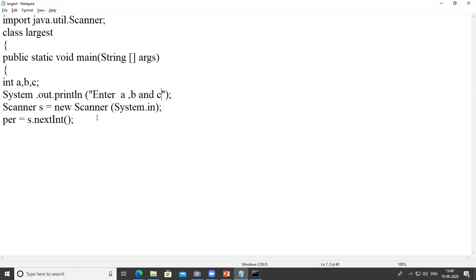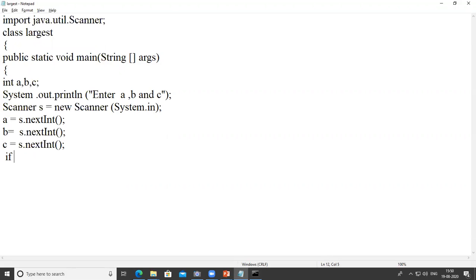The scanner will scan those values: a is equal to s.nextInt, b is equal to the same. We copy and paste this code. We get all the 3 values here. Then we check the condition.